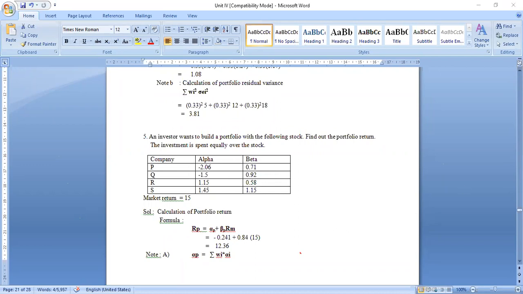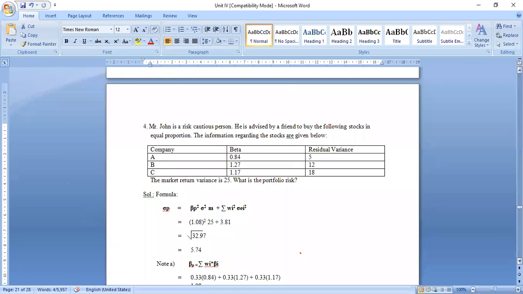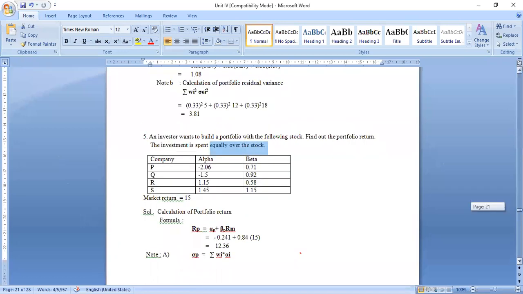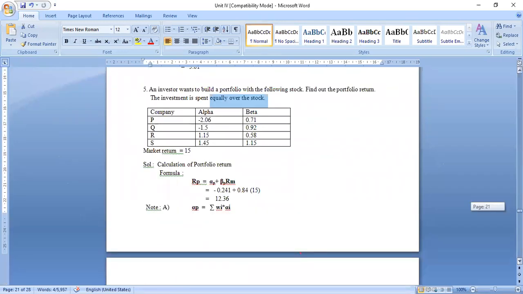So in this fifth problem, we have this keyword: the investment is spent equally over the stocks. And we have to calculate portfolio return. Now, when we have four securities, 25% is invested in each of the securities P, Q, R, and S. It means it is 25% each. And the market return is